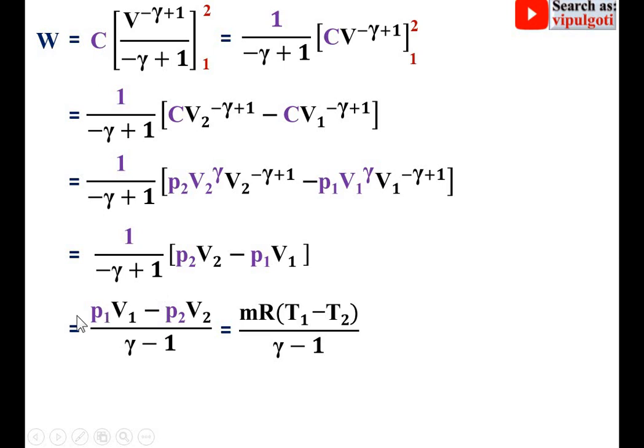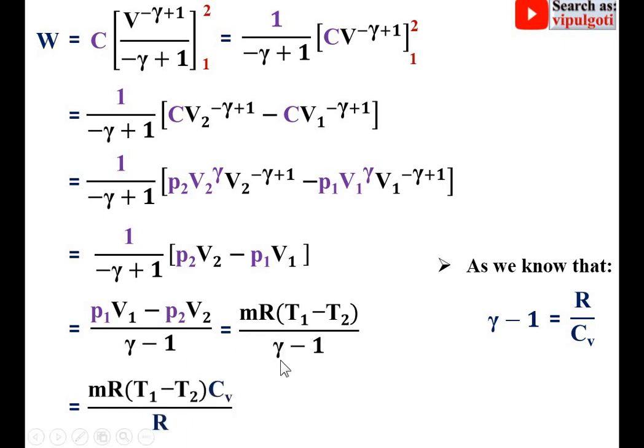Further simplification, so you know that PV is equal to MRT. So I can say P1 V1 is equal to MRT1 and P2 V2 is equal to MRT2. Here I have taken MR as common, so it is MR into bracket T1 minus T2. Now as we know that gamma minus 1 is equal to R upon CV, so I can put the value over here, gamma minus 1 is equal to R upon CV. So MR into T1 minus T2 as it is,